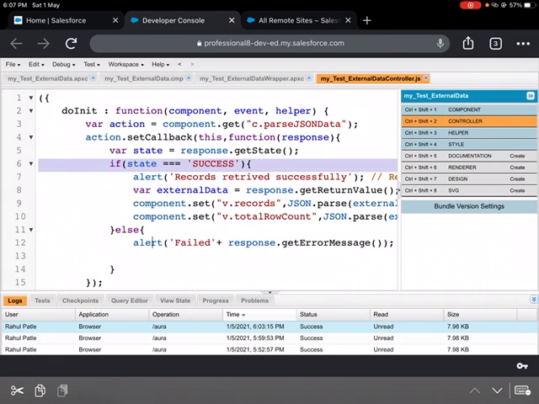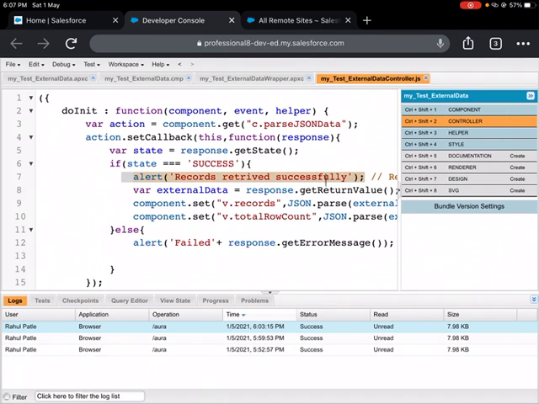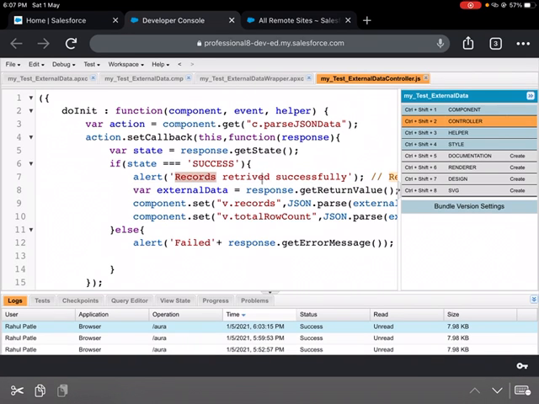If there is some failure, I'm putting an alert, like it may be due to some other reason. But if my state is success, and I get the return data successfully, I put an alert that populates at the initial stage: records are retrieved successfully. Then I've taken a variable and put that serialized JSON here. And now I'm setting all the records, the attribute that I have created of type object.